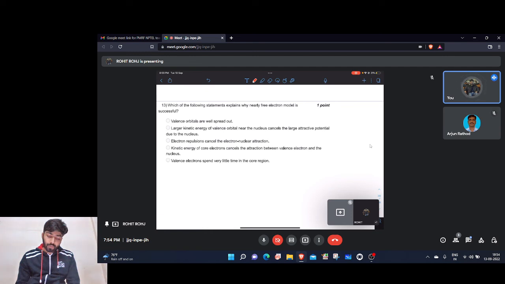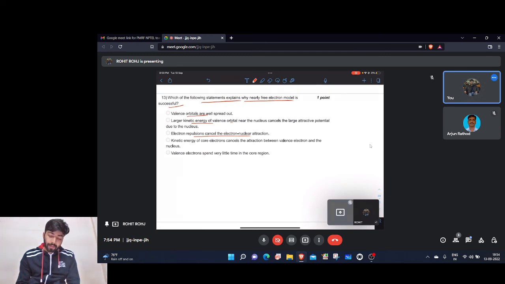Now in the following question, which of the following statements explains why the nearly free electron model is successful? The valence orbitals are well spread out. Larger kinetic energy of valence orbital near the nucleus cancels the attractive potential to the nucleus. Electron repulsions cancel electron nuclear attraction. Now the thing to know here is that